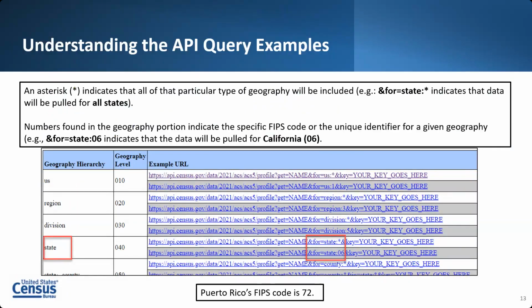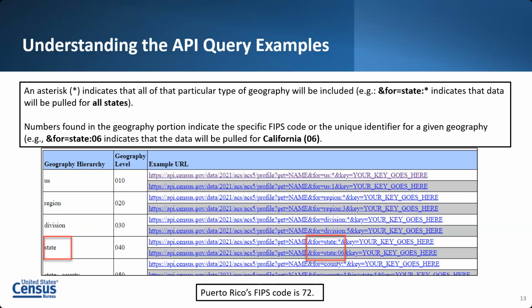And it can also help, before we get over to our examples, to take a look at the different example queries or example URLs that you'll find for different data sets. So here we're looking at the examples found with the 2021 5-year ACS, or American Community Survey, data profiles dataset. As you look through the examples, you'll see that while the overall structure is the same throughout all of them, meaning we have an endpoint that comes first, some variables or tables that come next, and then our geography comes last, you'll notice that some of the geographies are going to include asterisks, while others include just numbers.